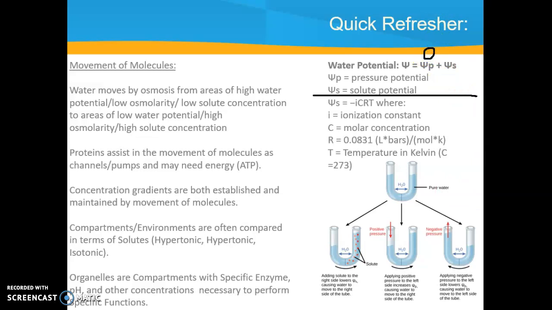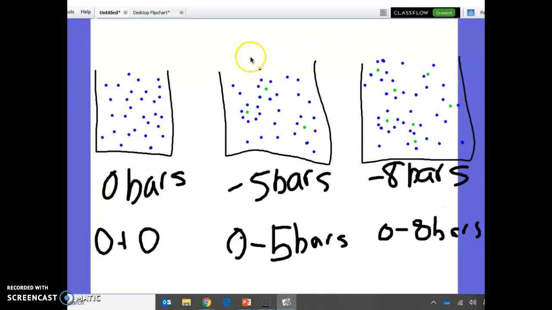If we have a beaker of pure distilled water where there's no solute mixed in the water, our solute potential is also going to be 0. But as we add solute, that lowers and makes this number negative. And let's refresh our memory why. So in an open beaker with no pressure of distilled water, all of these water molecules are available to go